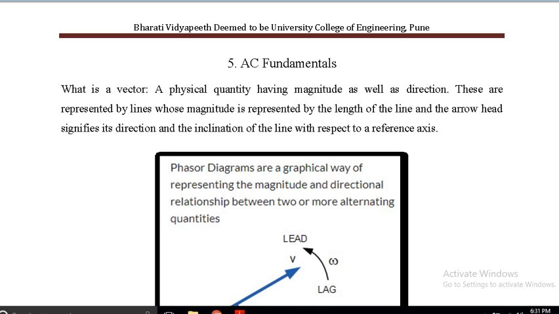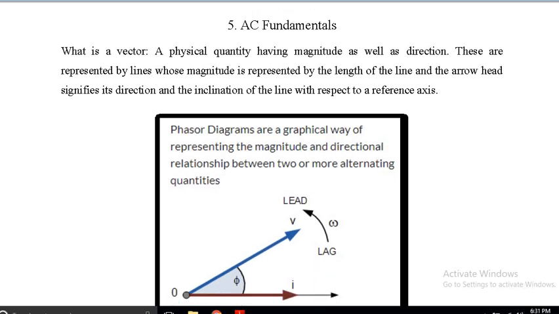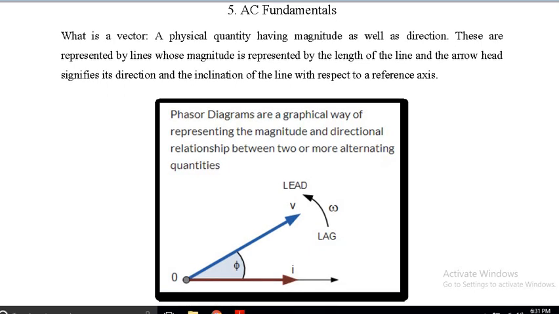Okay, so when you can see over here the phasor diagrams, when we draw, there is a particular reference vector, and you take either a voltage or current as the reference phasor, and with respect to that another vector is drawn. For example, over here in this diagram, current is taken as the reference phasor, and the voltage is in the anticlockwise direction. The sense is always taken in the anticlockwise sense. So you can see over here the current is lagging, or we can say the voltage is leading.